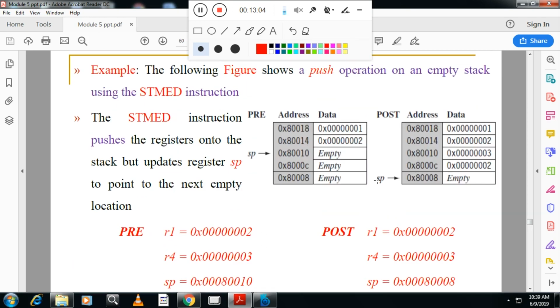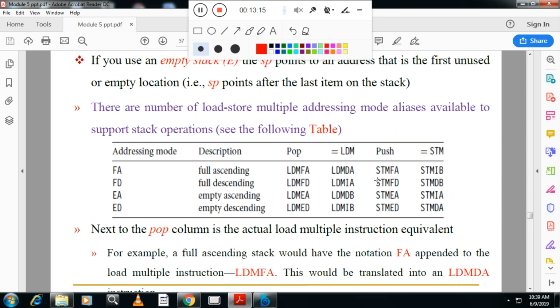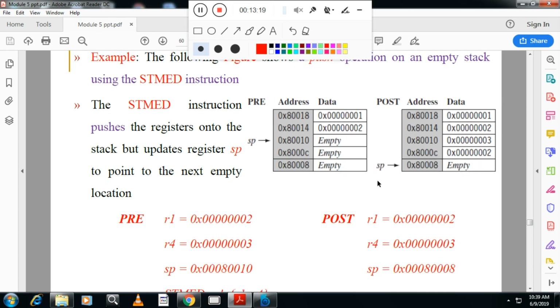Similarly, we have store multiple empty descending. You can see the difference here. It will store in this order. Here the stack pointer is there, it will store in this order, but in descending order.